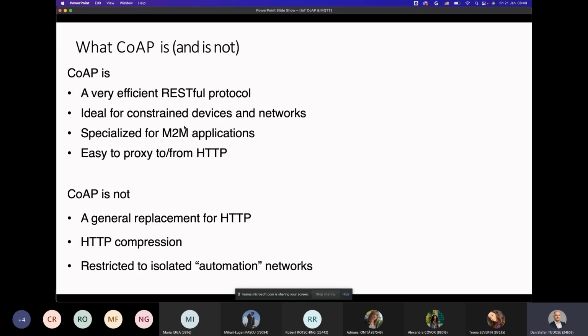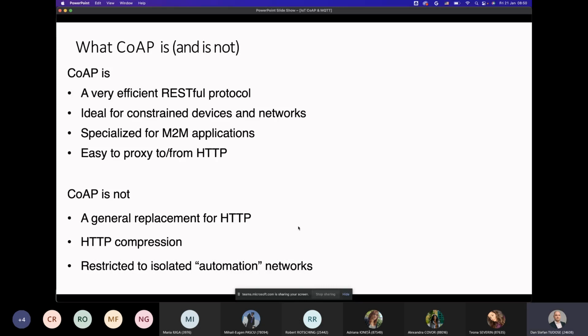You cannot achieve with CoAP, however, a general replacement of HTTP. So you have only a reduced set of features of HTTP in CoAP, just because the network that CoAP is designed to work over is limited in capabilities. Again, it might look like CoAP is very similar to HTTP, like it achieves an HTTP compression scheme. It does not. What you actually have in CoAP are messages that are very similar to HTTP, but at, let's say, base level, it's very different from how HTTP works.